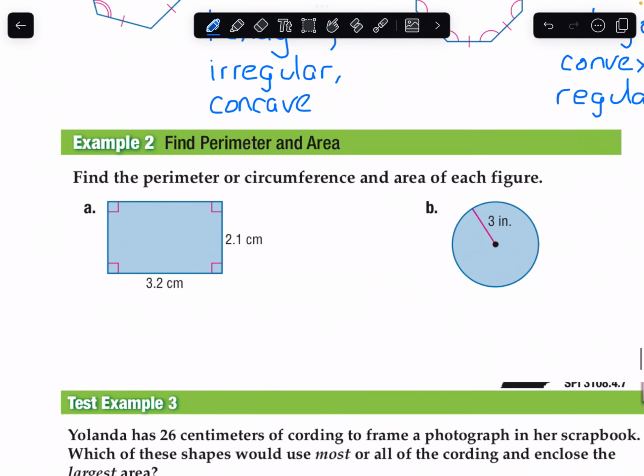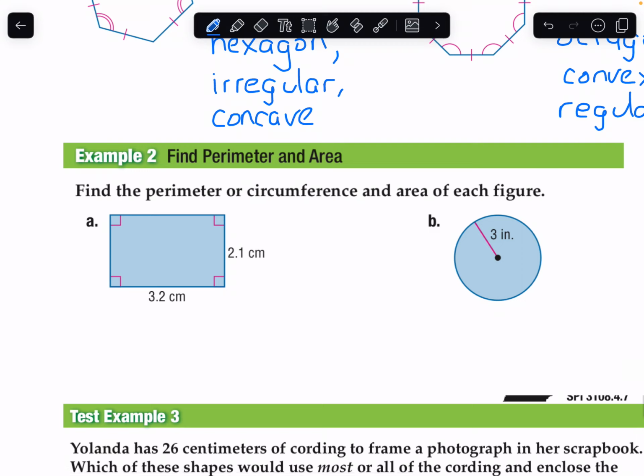Example 2, find perimeter and area. Find the perimeter or circumference and area of each figure. This first one is a rectangle. The area of a rectangle is length times width. So here it's going to be 3.2 times